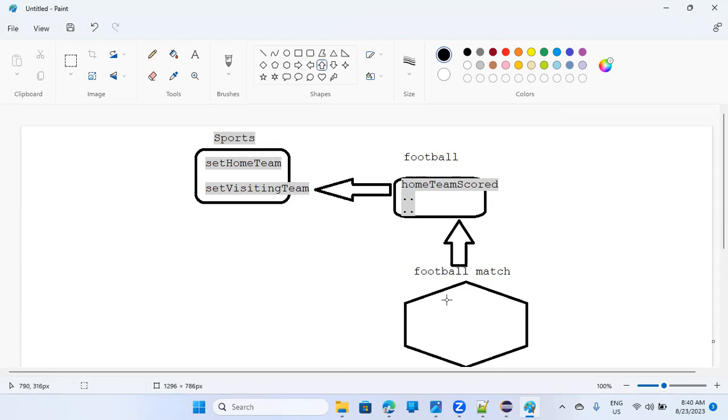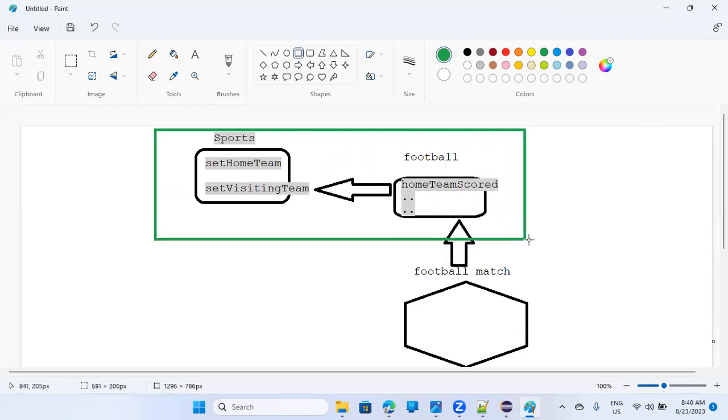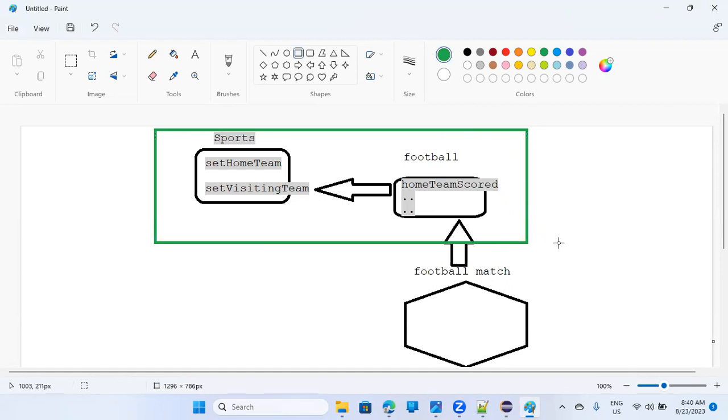So when you are implementing a football match, you have to follow both the things. You have to follow both the things related to sports and related to football. It's like this. So when you're implementing it, you are capturing both the things. So here, when one interface implements, and this football interface implements sports, here you have to